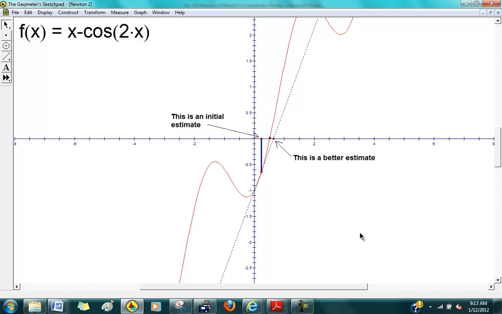So he said, I'll do it over again. I'm going to take the x value that I just got as an estimate, get the point on the graph, and then draw another tangent line to that graph. And he did this by hand. And see how it's getting closer and closer to the answer you want? Well, actually, I'm not sure if he did it by hand, but he did this mathematical stuff.